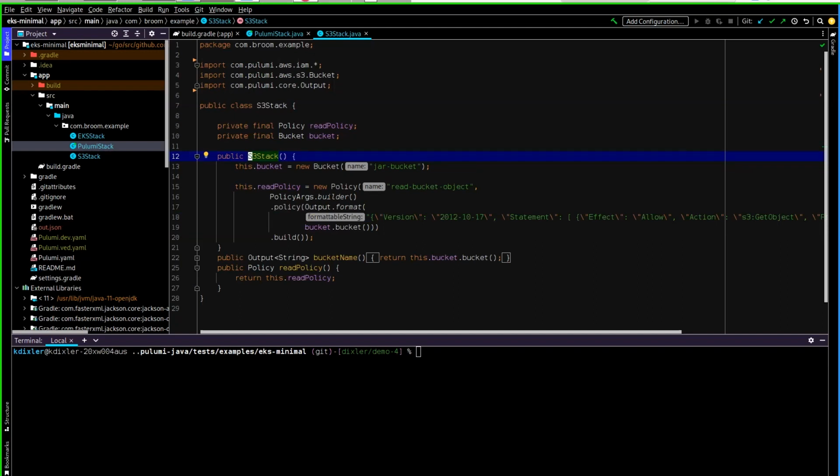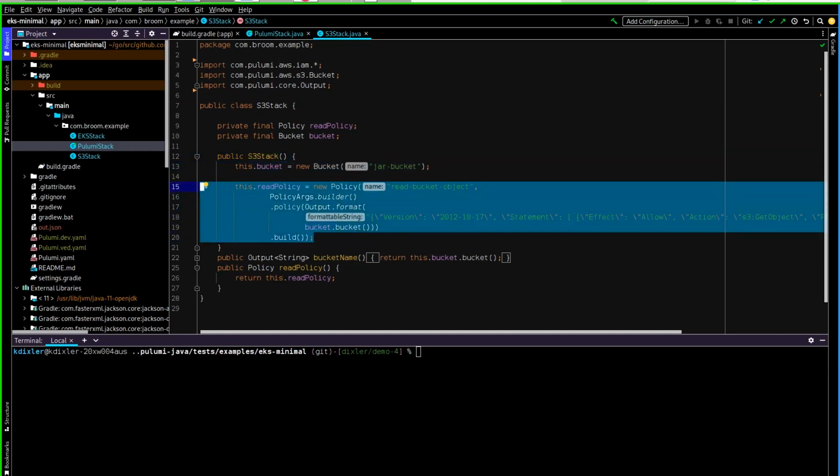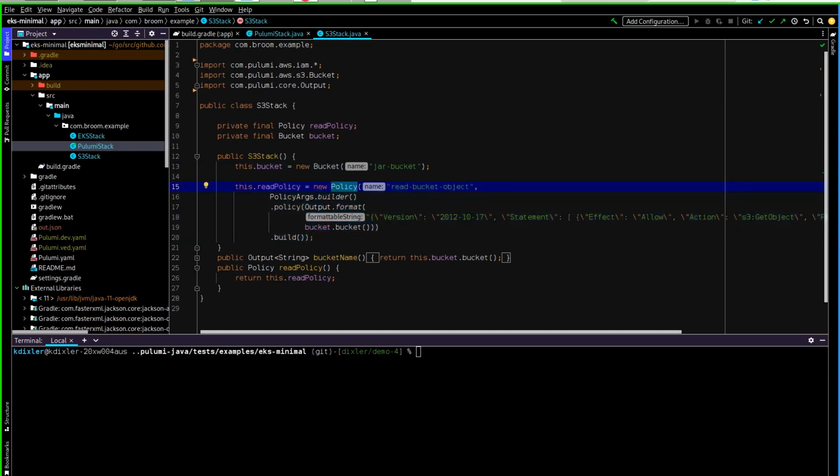So if you look in here, we've got a pretty basic setup. You want to create a bucket by calling the constructor, and you want to create a policy to read from that bucket by calling the constructor for this policy. They're imported through normal Java imports. You see the policies pulled in through the IAM wildcard, and you pull in the bucket through this S3 import. And one thing you'll notice is that we have overloads to be able to call it with just the name, and then it constructs it with the default arguments, or you can pass in the arguments that you want to configure your resource with.